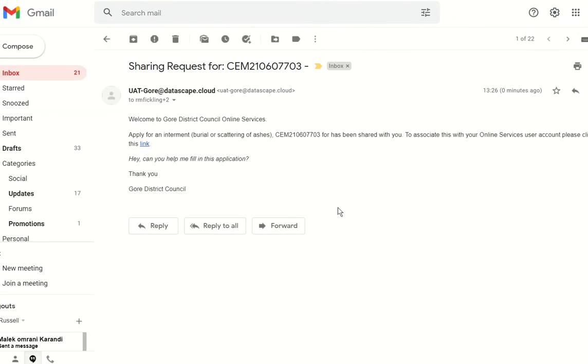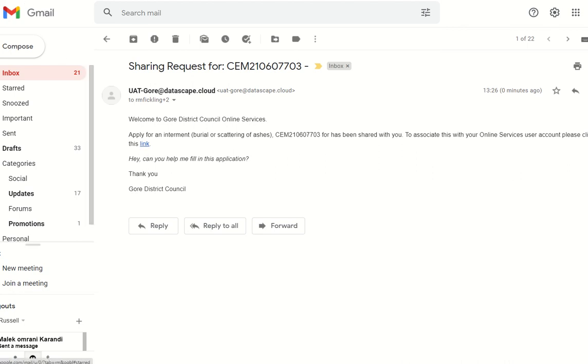Again, the wording can be configured, but what we're doing here is saying that this application form has been shared with you, and then to gain access to it, you have a link to click, and then we've also got the message here that I typed into the sharing. If I click the link, it'll take me through the same login step that we looked at in the first video. If they're a new user, they would have to register for the first time, but after having either logged in or registered,